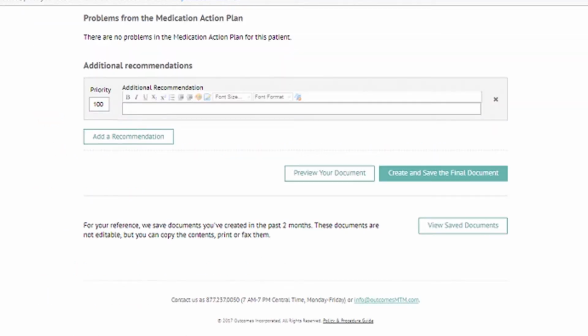Then scroll down to the bottom and click Add a Recommendation. And here's where you can actually type in the recommendation or requested medication refill. So let's zoom in a little closer. Here you could type in that according to so-and-so guidelines, the patient could benefit from the addition of a statin